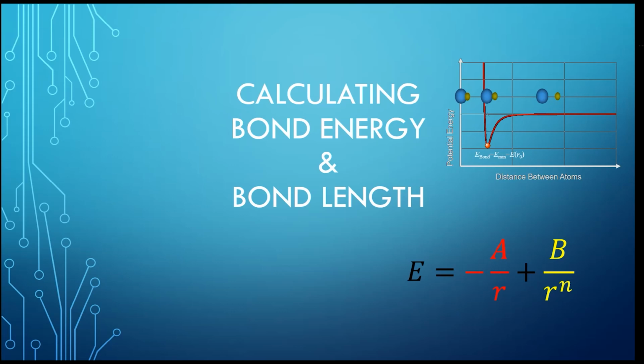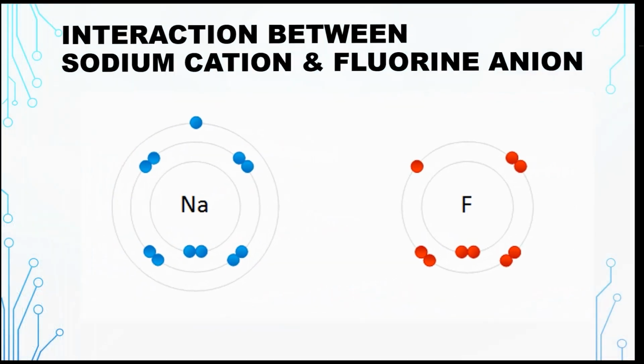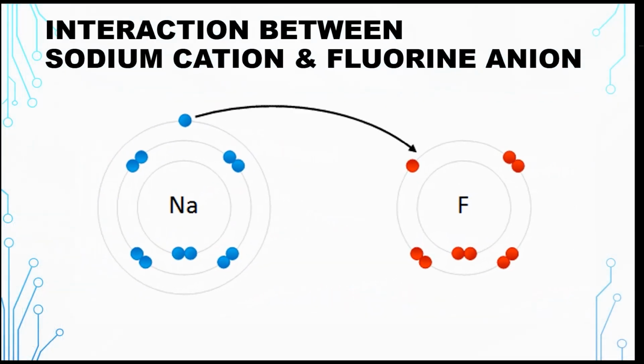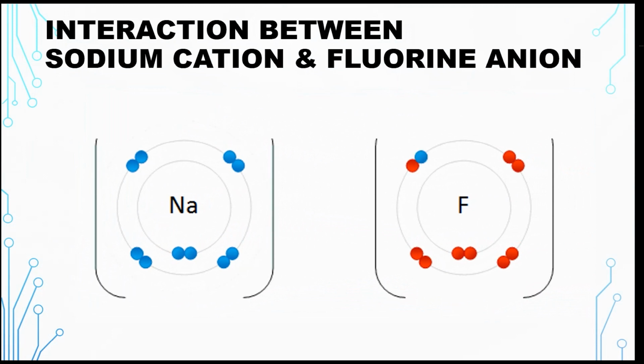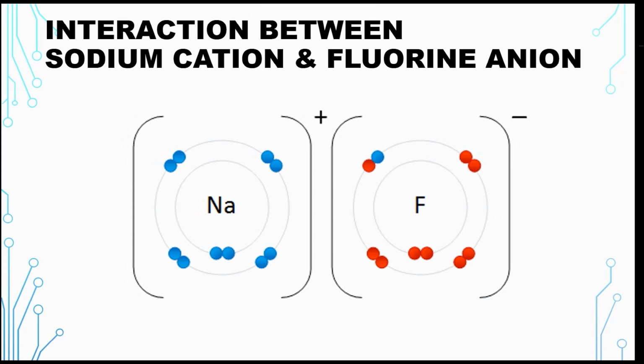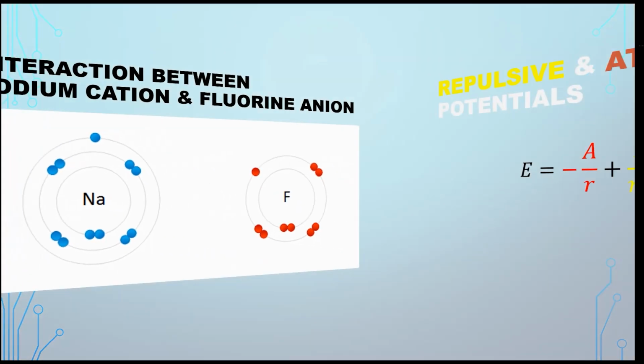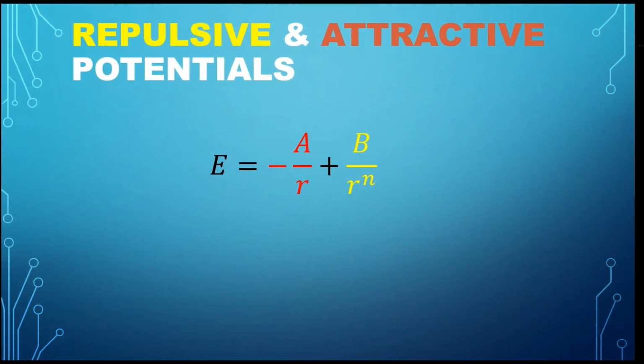Today we talk about how to calculate bond energy and bond length for a compound. We will illustrate the ionic bond between the sodium cation and the fluorine anion in sodium fluoride as an example. The interaction between the sodium cation and the fluorine anion can usually be modeled by one repulsive potential plus one